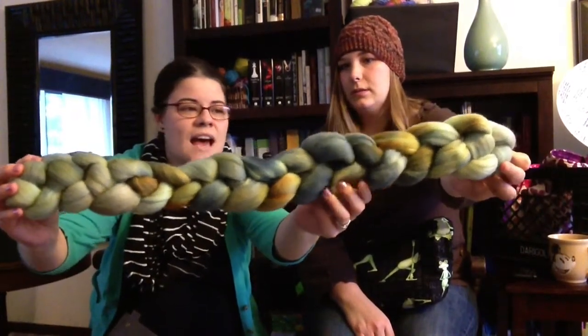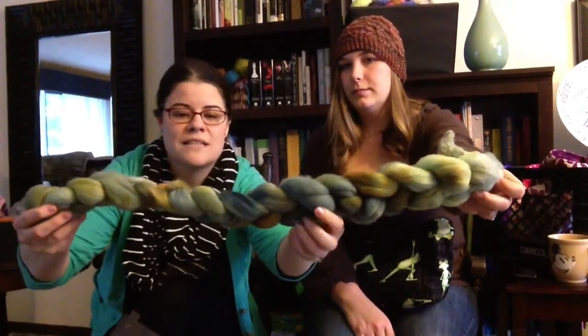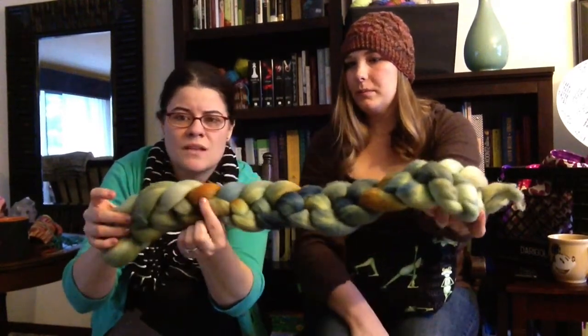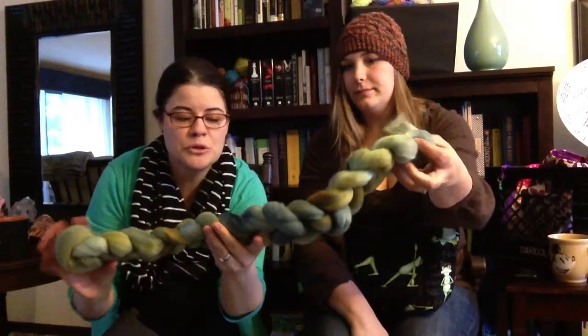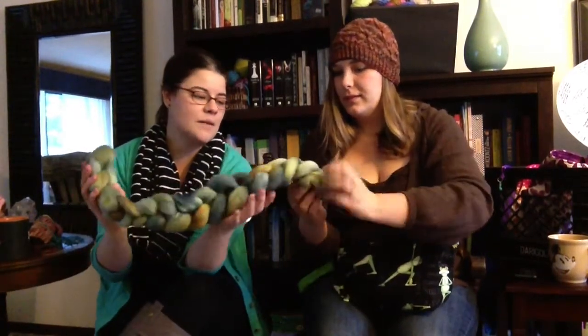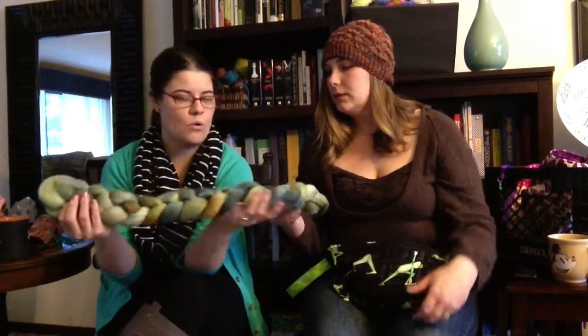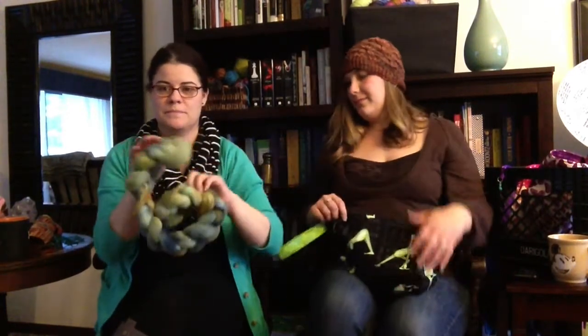I don't know if you can see the colors really well, but it's beautiful. It's greens and these really awesome browns and burnt orange colors. There's a good section of the brown. It's really pretty. And these blues. I am so excited to play with this. It'll be really pretty spun up. This is my first month, and this is a good one for your first one. And I signed up for